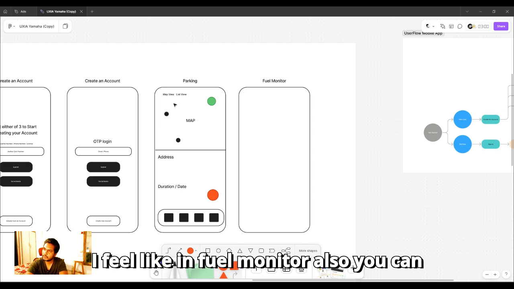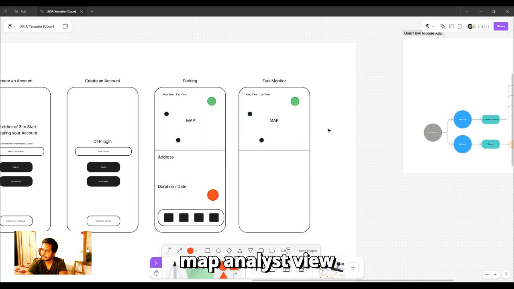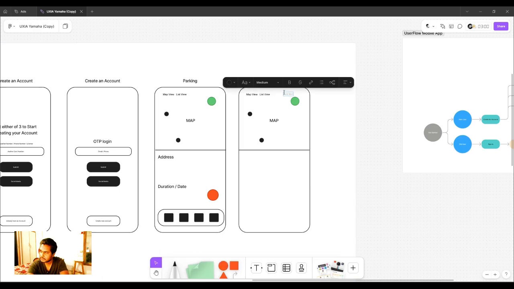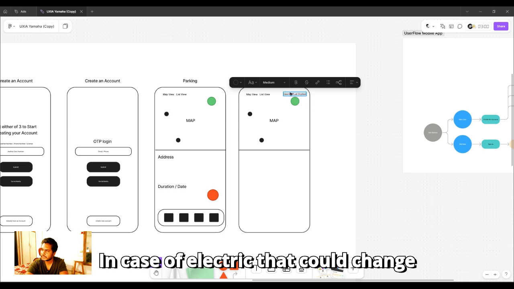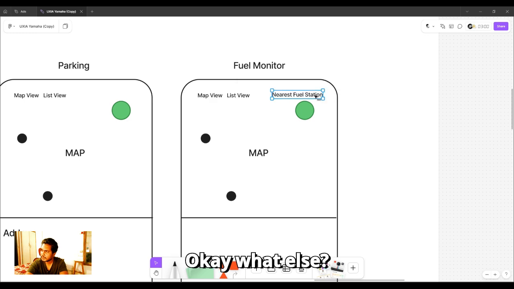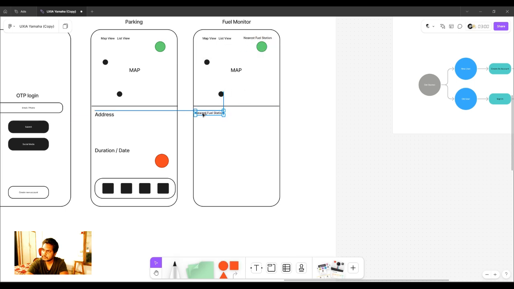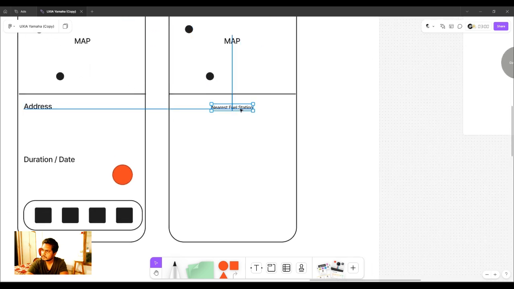Next thing you need is fuel monitor. I feel like in fuel monitor also you can have a map, not the highlighted feature, but a map and a list view of the nearest fuel station. In case of electric, that could change to nearest charging port. Okay. What else? It should also show current